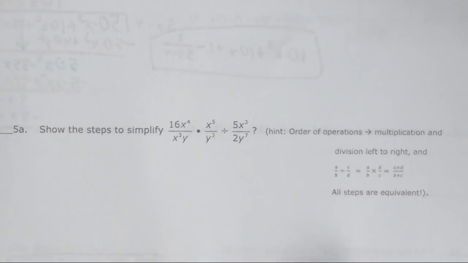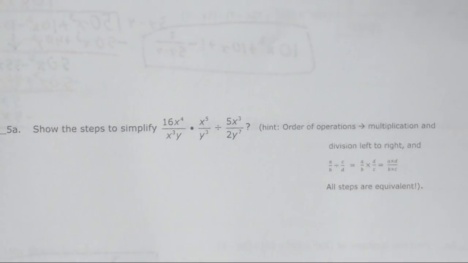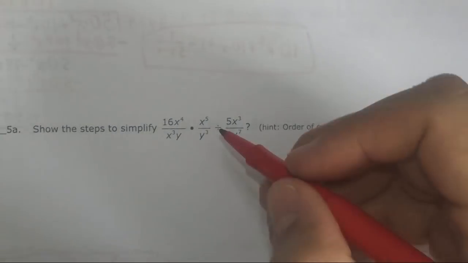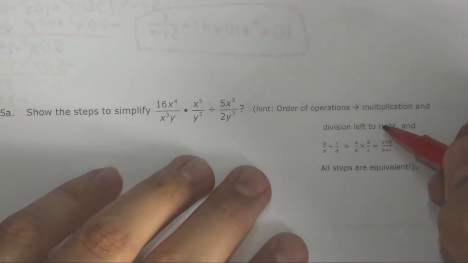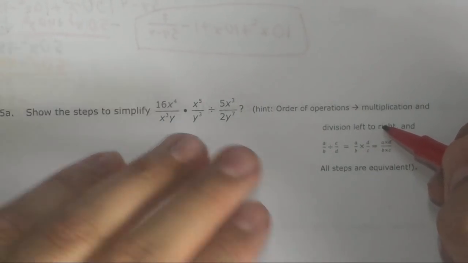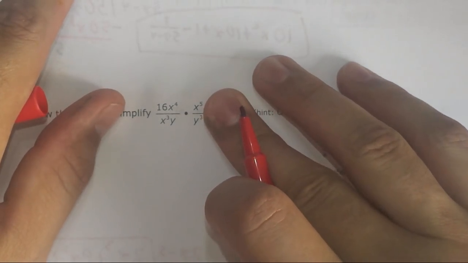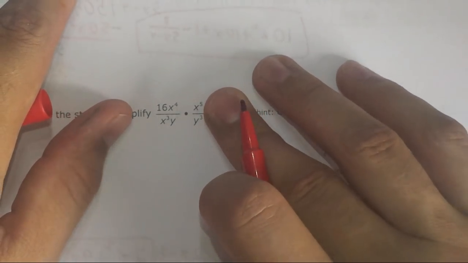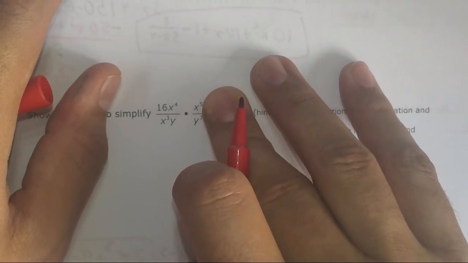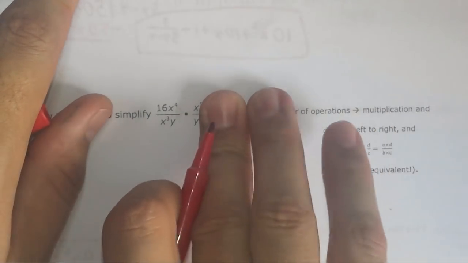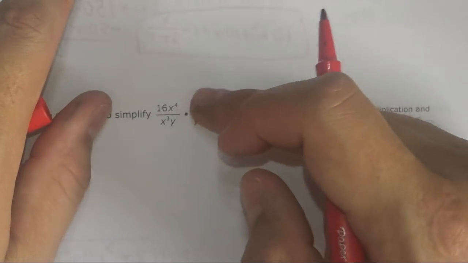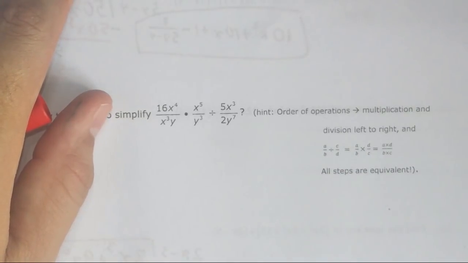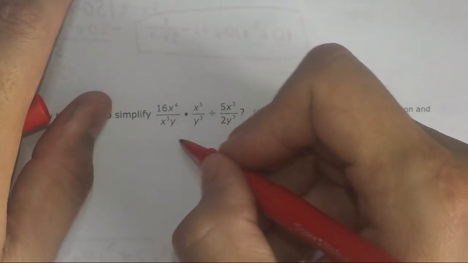5a. Similar idea, but there's more terms in this one. First thing we're going to do is remind ourselves that multiplication or division are done left to right. So we're going to take care of these first. I highly suggest we simplify. You can also change this to multiplication. For example,